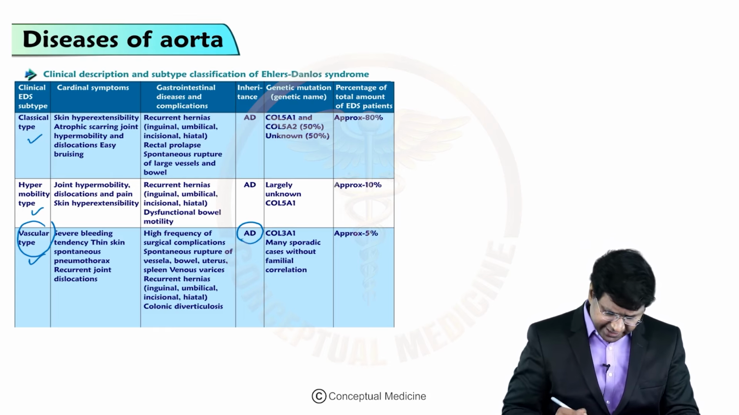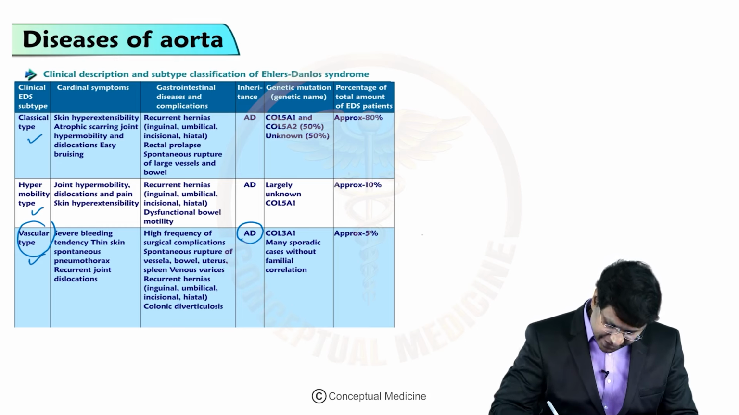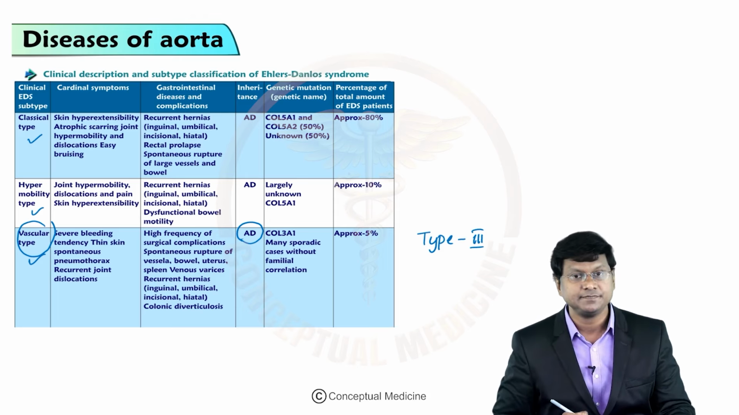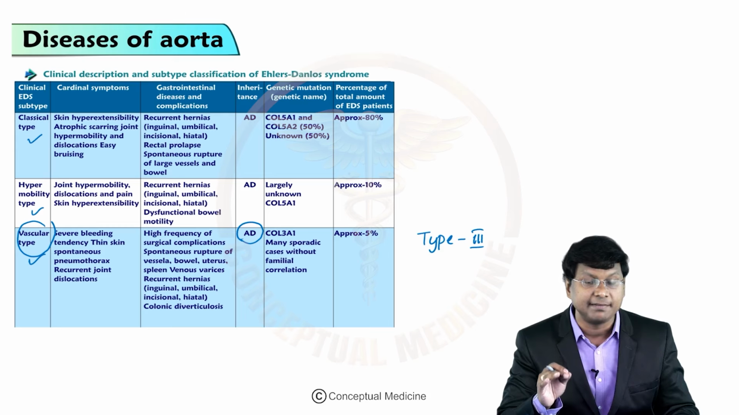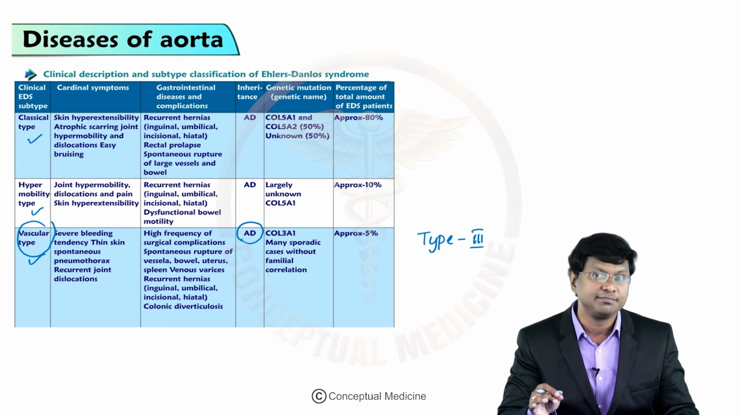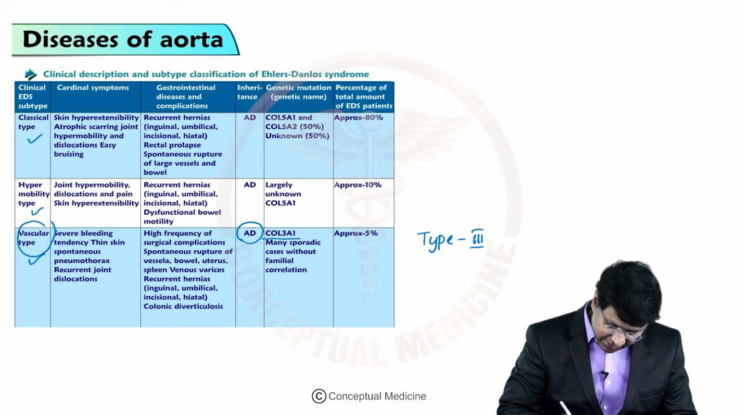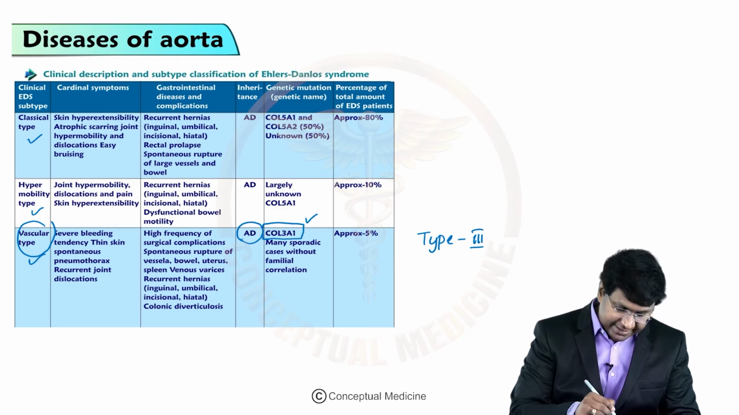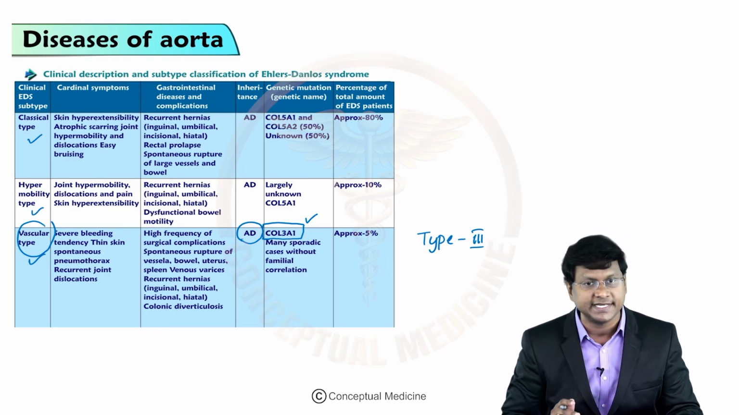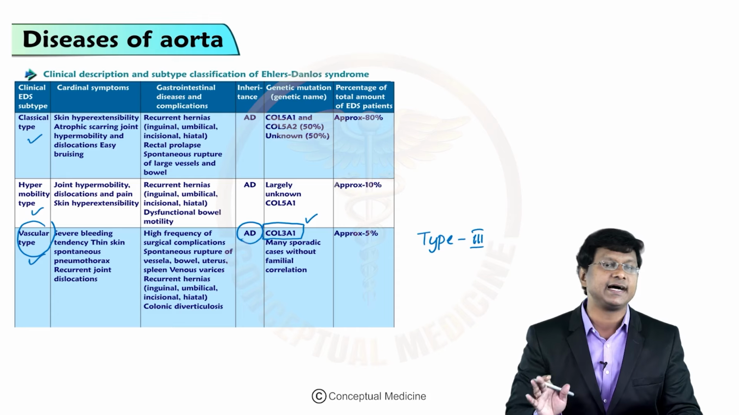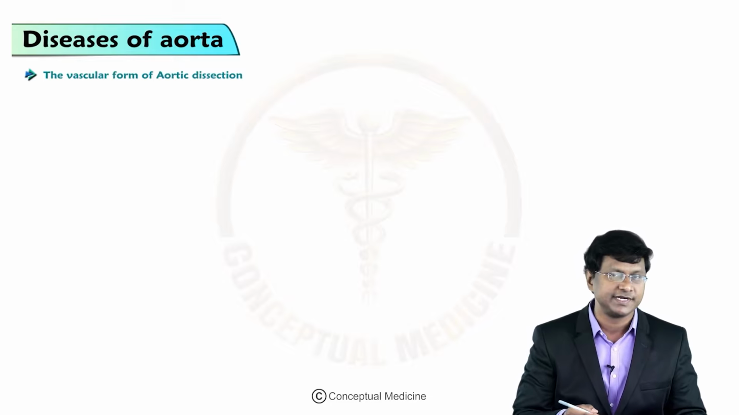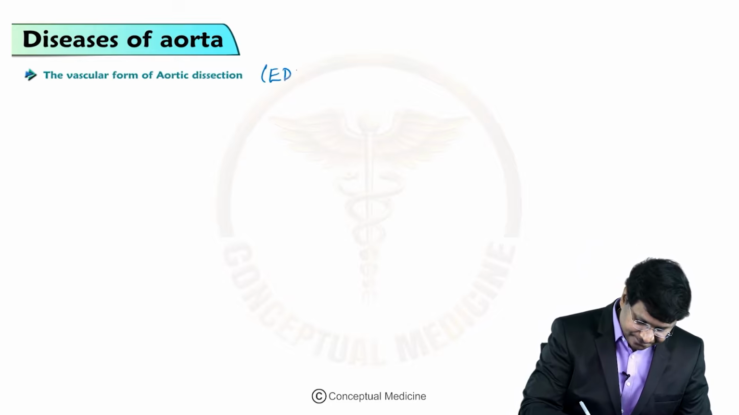So, in the vascular type, the collagen which is defective is type 3 collagen, and the genetic abnormality is in COL3A1. That is the genetic abnormality you will have in the vascular type of Ehlers-Danlos syndrome, resulting in aortic dissection. So to summarize, for the vascular form of Ehlers-Danlos syndrome,